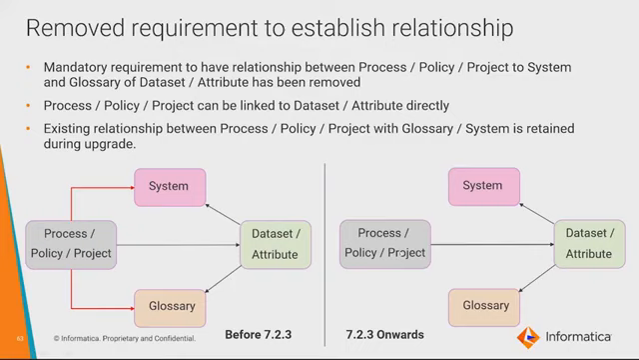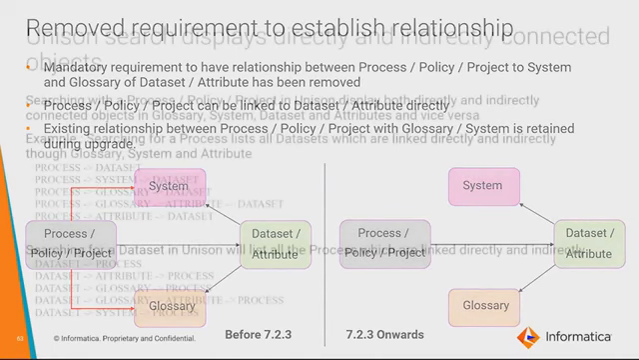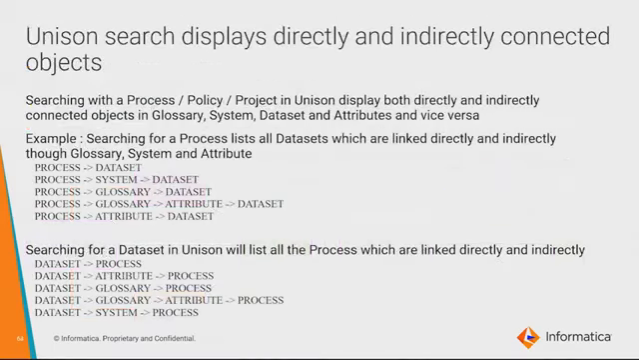You can link the process, policy or project to the data set directly without linking them to the system or glossary. If you have that linking, it still holds good. It should not cause any harm, but going forward, for any new relationship, you can directly link it to the data set. Based on this, we have changes on the Unison search to display both directly and